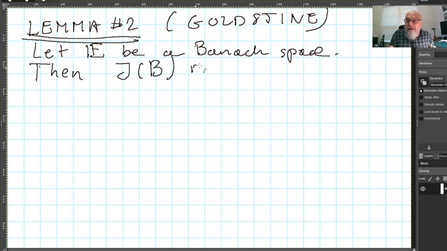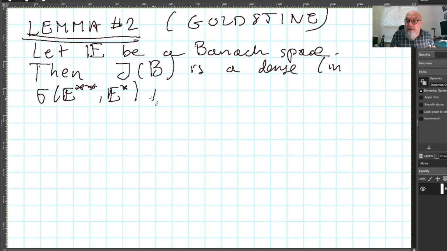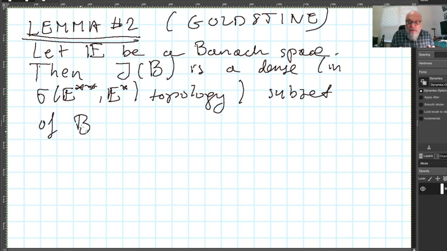J(B_E) is dense in the sigma(E double star, E star) topology, a subset of the ball in E double star. So this is the ball in the space, the second dual. Therefore,